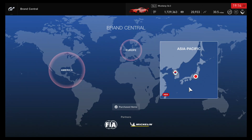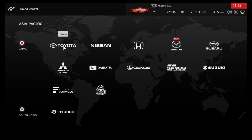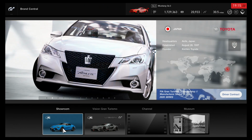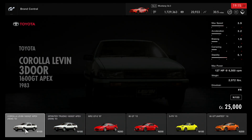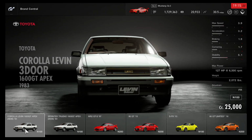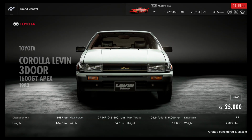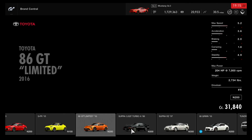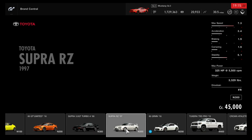And today we are going to be going into the Asia Pacific cars. First, we're going to start with Toyota. Toyota is a very famous company, especially when it comes to YouTubers like Scotty Kilmer. Now, he is a lover of Toyota, and I like a few Toyotas as well. So, of course, they've got their regular street cars, so we can just skip by most of these. They're just regular street cars until we get to the